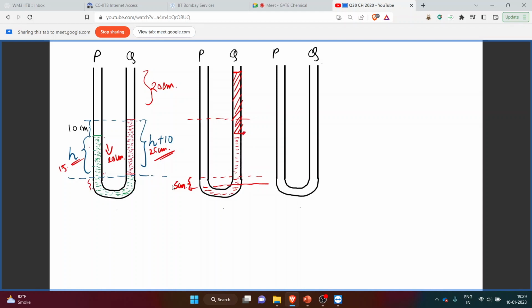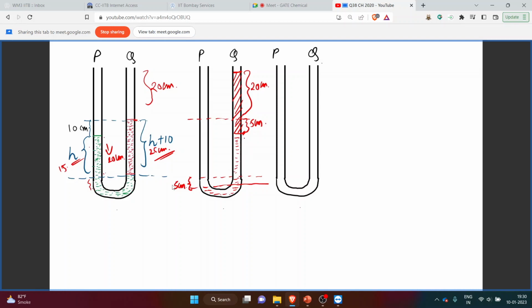Now we are raising the level by 20 centimeter from above this. So this will become 20 centimeter, and since the height was 25 centimeter for this fluid B, this will be 5 centimeter,